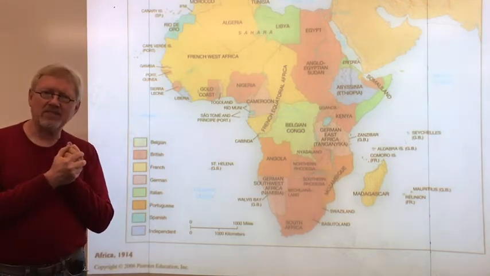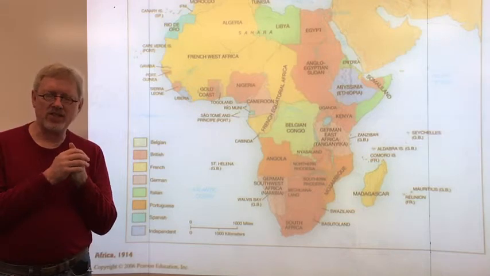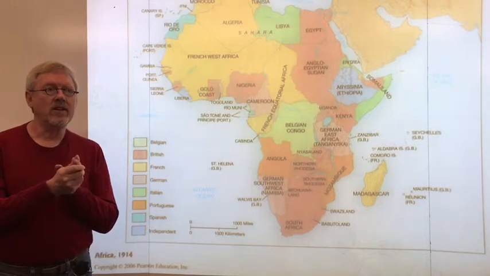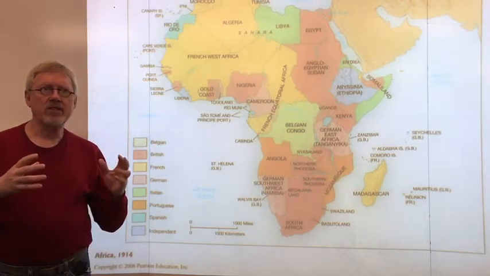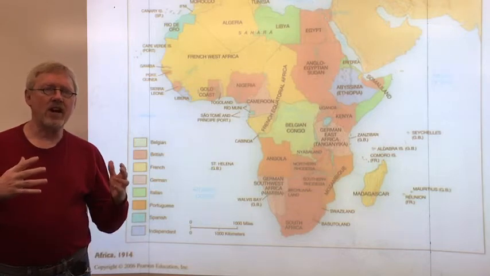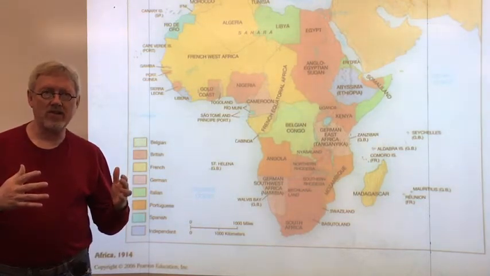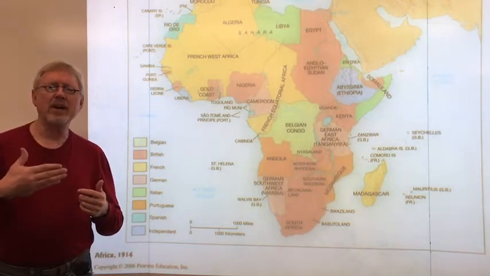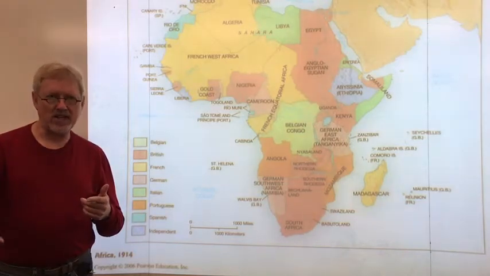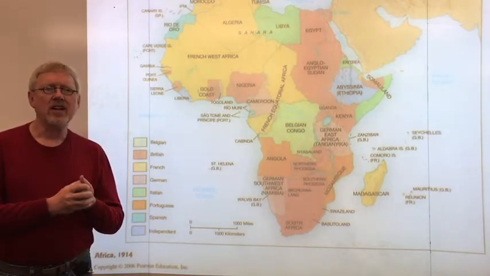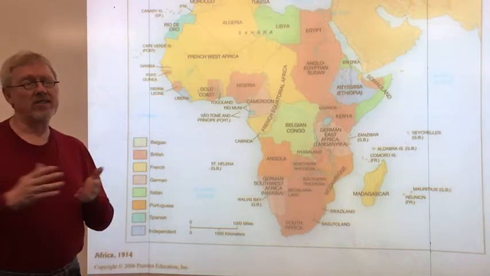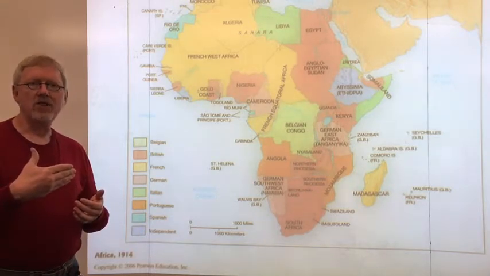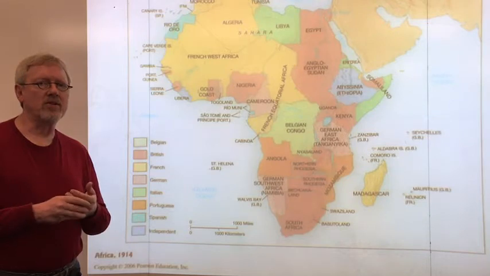The United States of America, contrary to its ideals and its traditions, actually becomes a colonial power at the end of this century. Cuba, which is one of the last Spanish colonies in the Americas, has had a long rebellion, an independence movement to try and free itself from Spanish control. And the Spanish, because Cuba was so profitable, it's a sugar island, fiercely resisted this independence movement and used some pretty harsh measures to try to put the rebellion down.